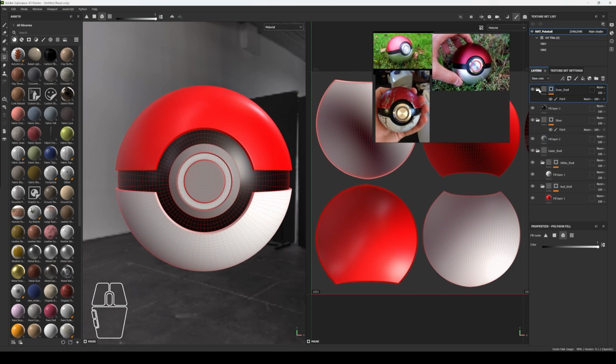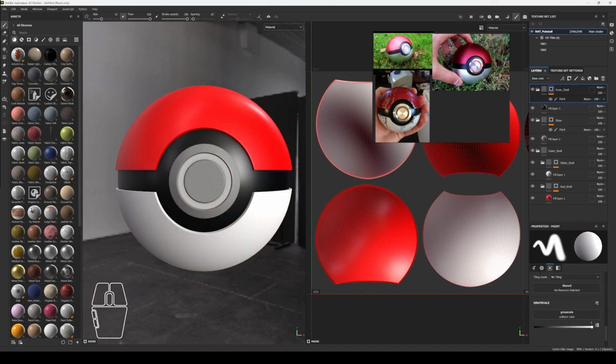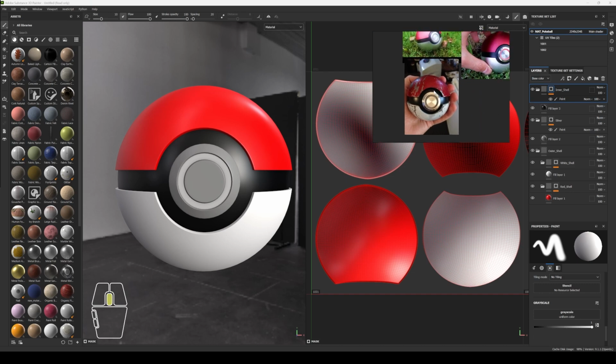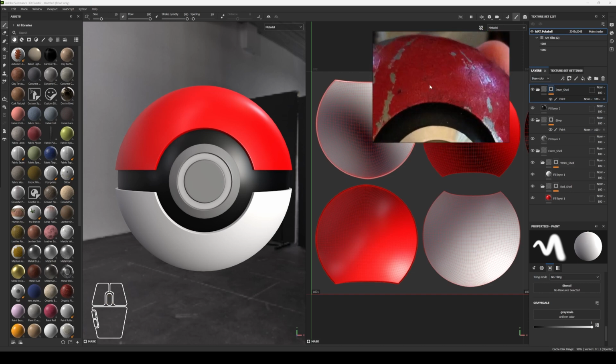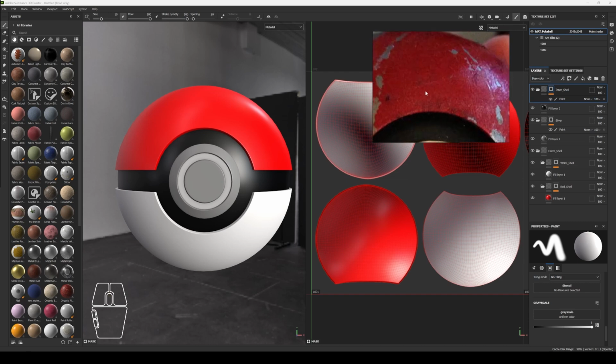So now that we've created all our different groups for all our different materials, we are finally ready to start texturing. Now, the first thing I would like to talk about is what makes things look realistic. So at a glance, something like this Pokeball reference I have up here might look just red and white, right? But if we zoom in and look at this a little closer, just like you could look at anything else around you a little closer, you will start to see a great deal of color variation